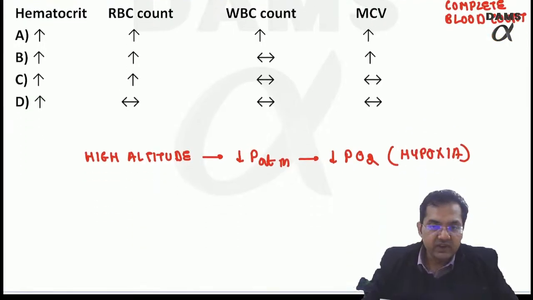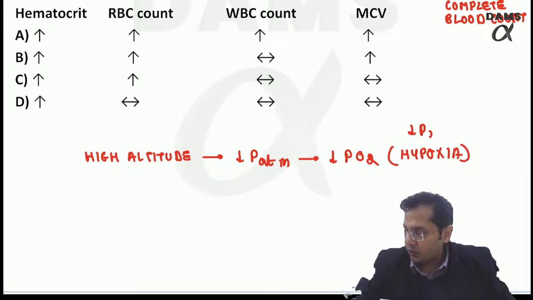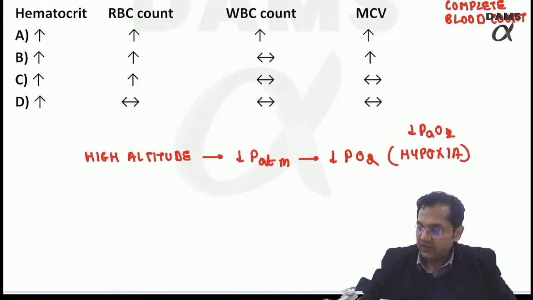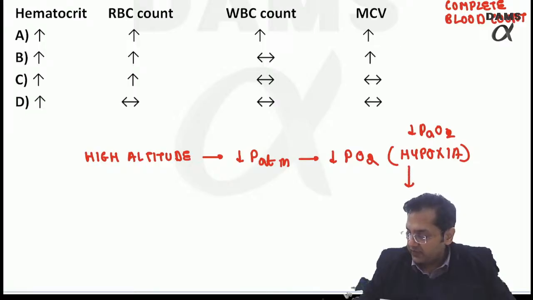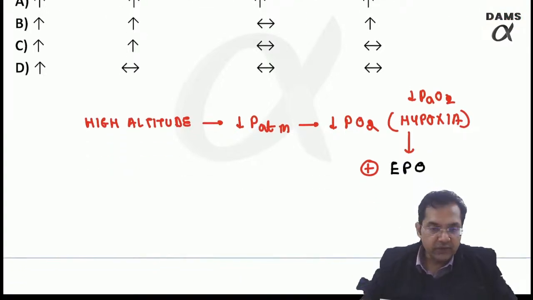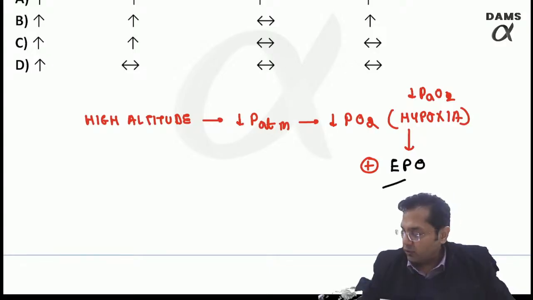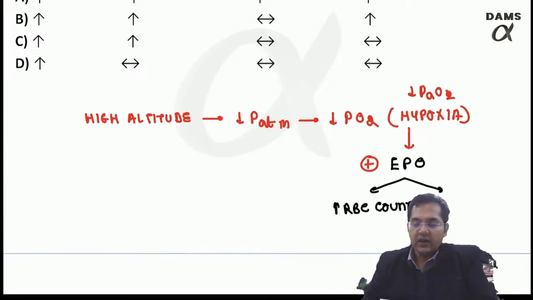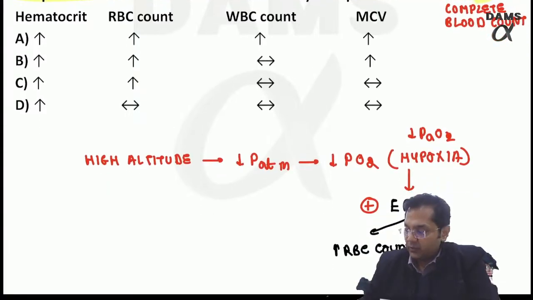Hypoxia is decrease in arterial O2. जैसे ही हाइपोक्सिया होगा, ऑक्सीजन विल बी लेस. हाइपोक्सिया इज द स्टिमुलस फॉर द रिलीज ऑफ एरिथ्रोपोएटिन. एरिथ्रोपोएटिन रिलीज होगा. एरिथ्रोपोएटिन विल बी द कॉज फॉर इंक्रीज आरबीसी काउंट। ठीक, इंक्रीज आरबीसी काउंट। अब देखिए क्वेश्चन में क्या क्या दिया हुआ है। आरबीसी काउंट बढ़ेगा तो